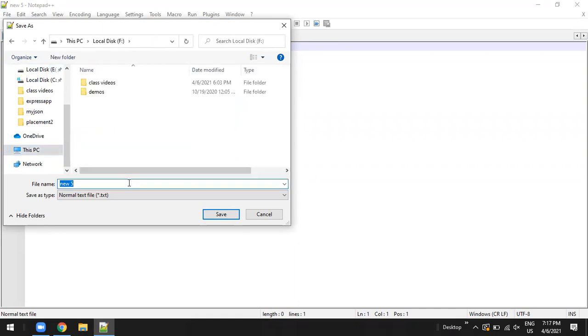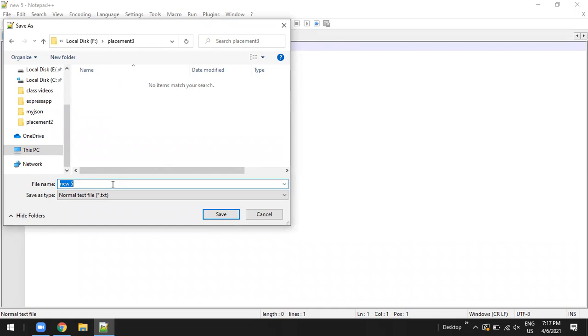Here I would like to save my files. Here you try to create a folder like placements 3, press enter, so that you come into the placements folder. Here you have to save the file.